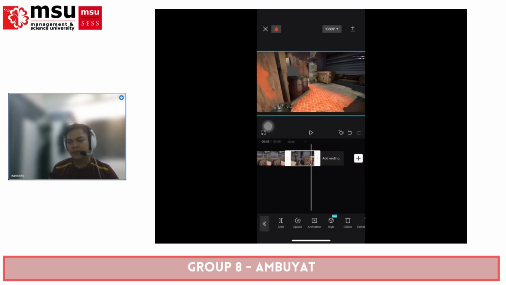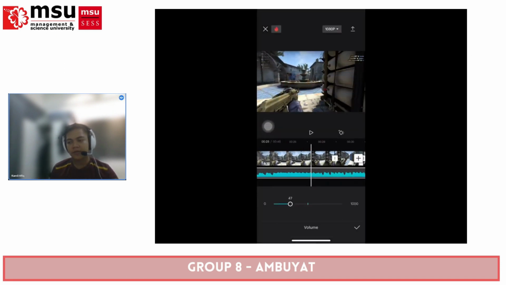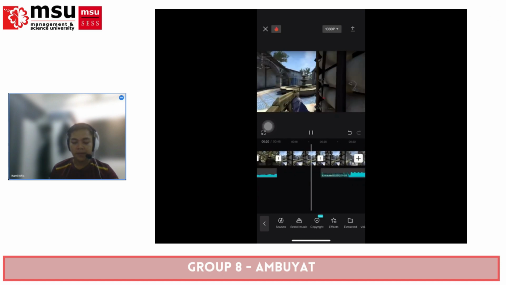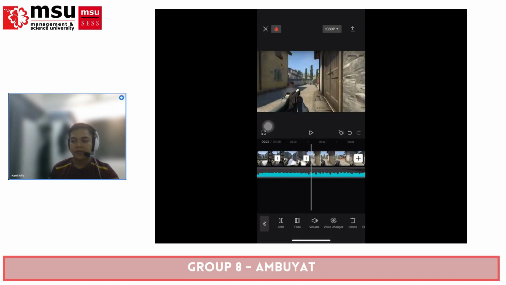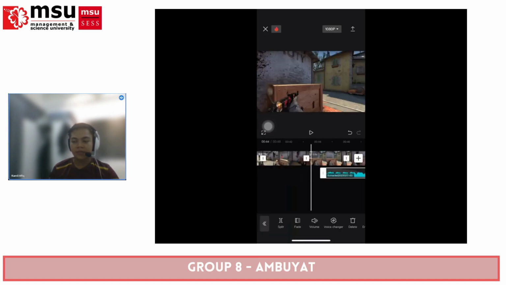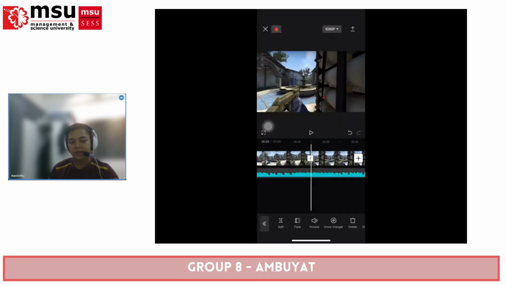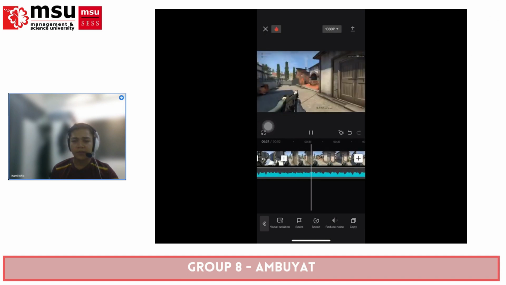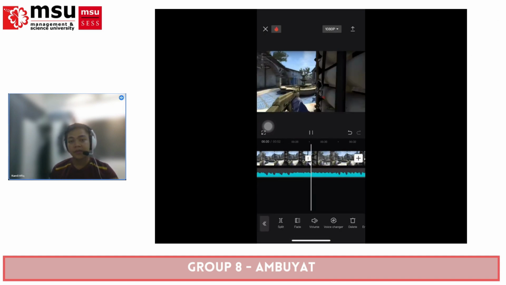The tool that I used is also CapCut, and the elements are basically the same: some text, background music, and transitions.